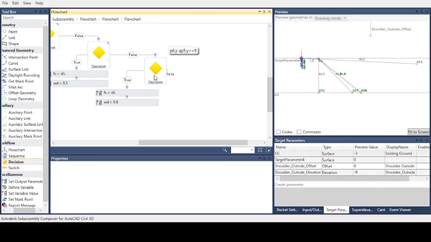If it is greater than 9 meter, we will only give a variable.